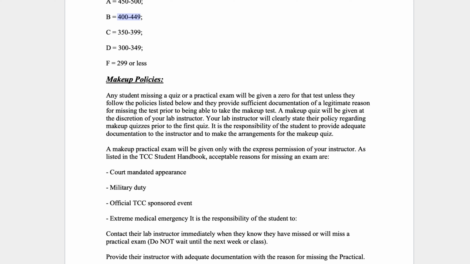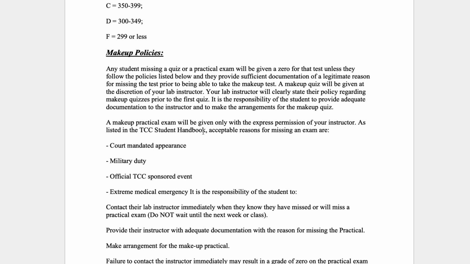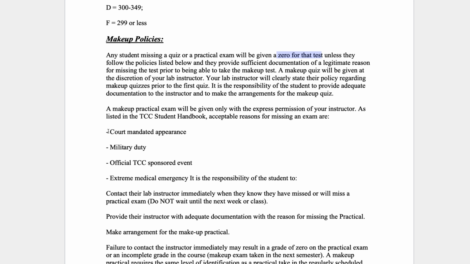If you've missed any quiz or practical exam, you will be receiving a 0 towards this test unless you have documented proof of having an emergency that required you to not be able to take the exam or quiz before its assigned due date.